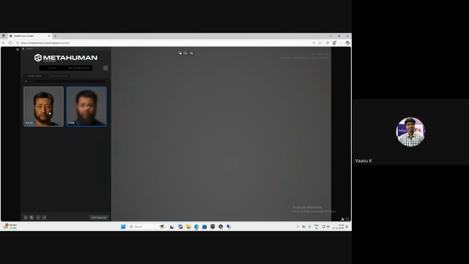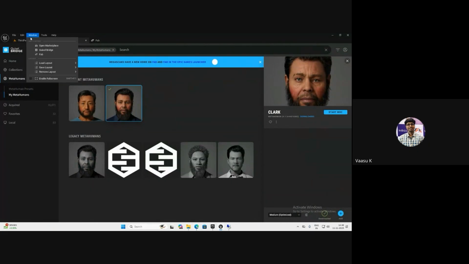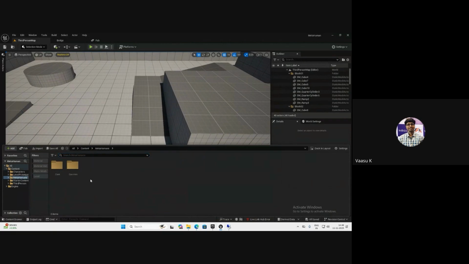So here there's one and there's another one. Is it clear, guys? That is how you can modify an existing one. So here you have the character, the Clark. If I drag and drop here,